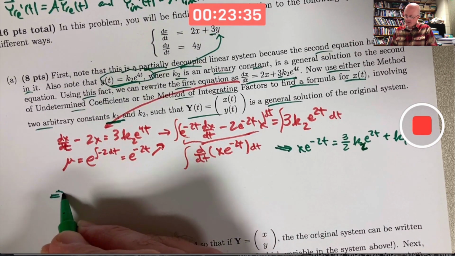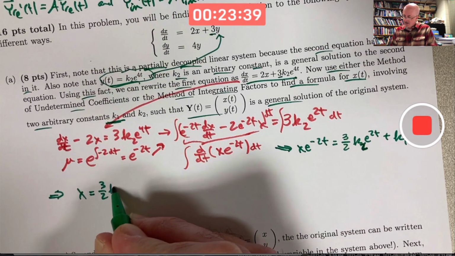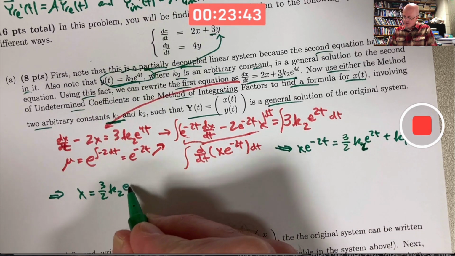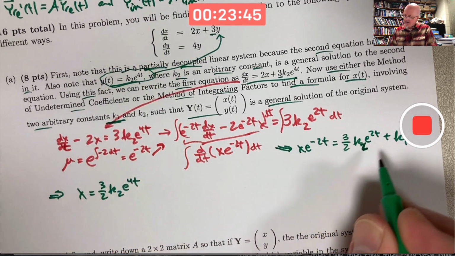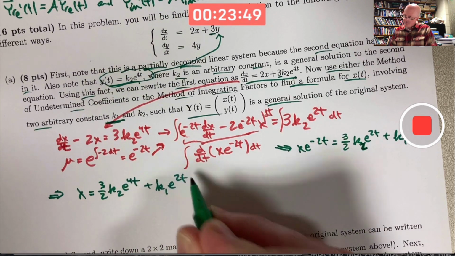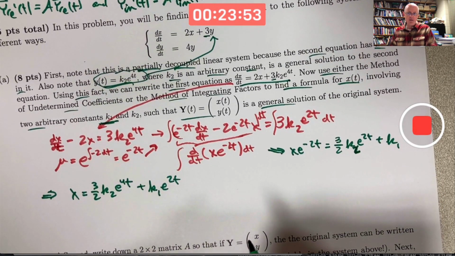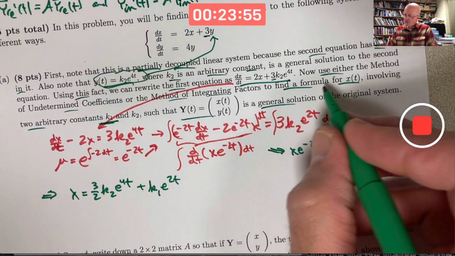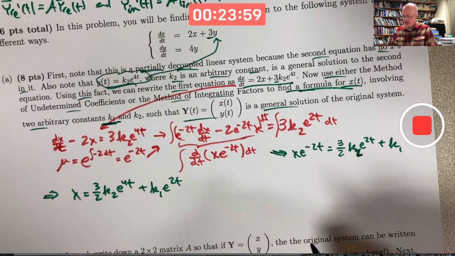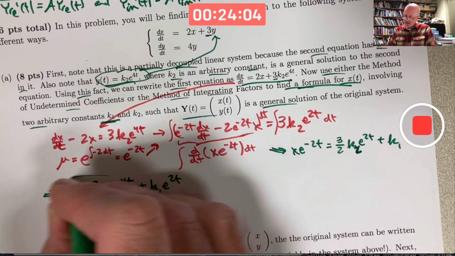So x is going to be 3/2 k2, looking right there. E to the 2t times e to the 2t is e to the 4t. And then plus k1 e to the 2t. And as far as the directions go, I guess we've found the formula for x of t, so we don't really need to write capital boldface y of t as a vector, but I will anyway. This is the answer, but